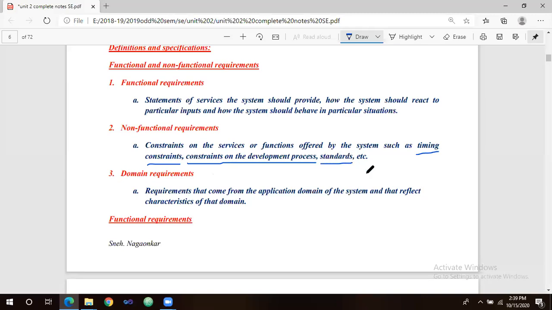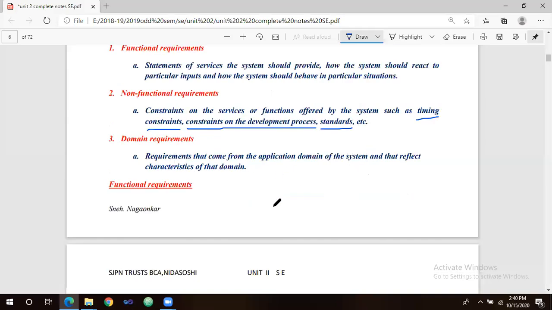Standards is nothing but what? How you are going to measure the quality and the performance of your software. In what terms you are going to measure the quality and performance of the software, that comes under standards. So you must be getting clear now. In order to complete these functionalities, what can be done? That comes under non-functional requirements. In order to obtain your software, what is to be done in the non-technical part? That all comes under non-functional requirements.